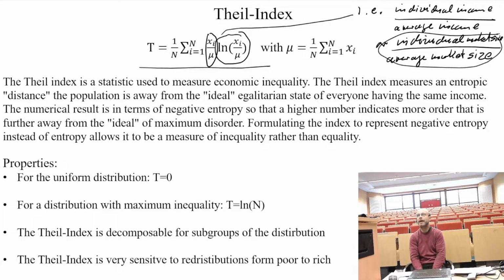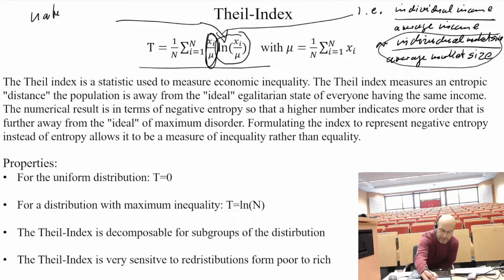And why is this a measure for the dispersion or for inequality in our distribution? Of course, this number represents somehow the inequality, but why do we calculate this also with the natural log? Well, the idea of multiplying this with the natural logarithm is